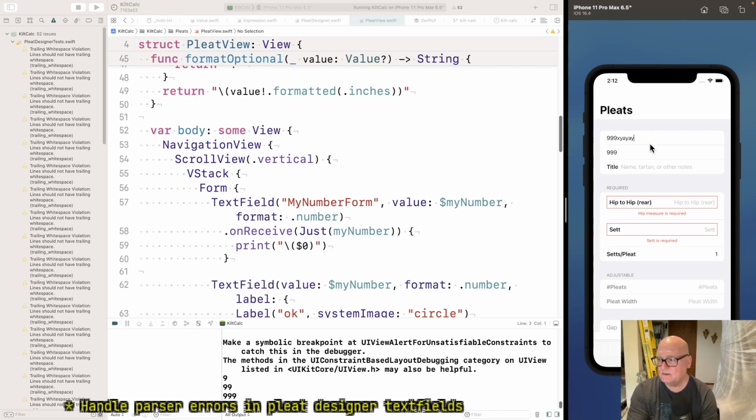Hip to hip is a value, capital V value. I mean, what if my fields were strings?